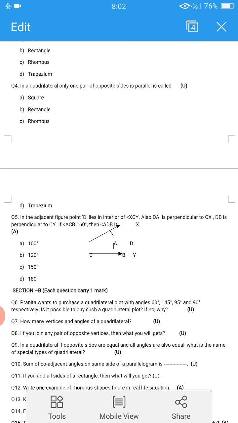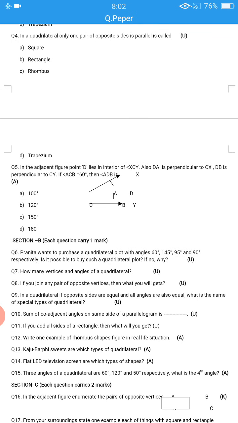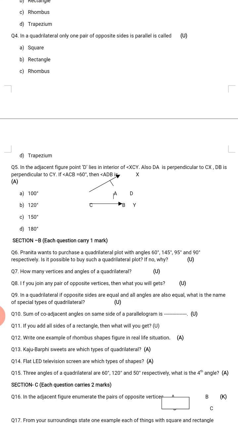If you join all the sides, ADC, you will get the angle ADB. So angle ADB equals how many degrees? They will apply that the sum of the 4 angles of a quadrilateral is 360 degree. They can easily find the angle ADB. So leave this question. Now all the questions in Section A are multiple choice and objective questions.